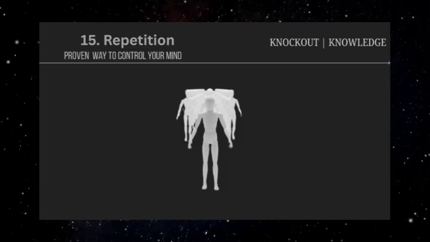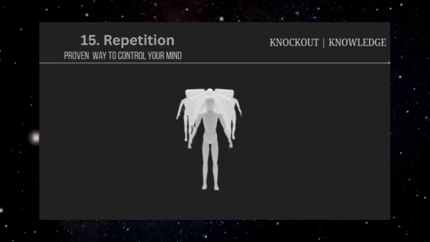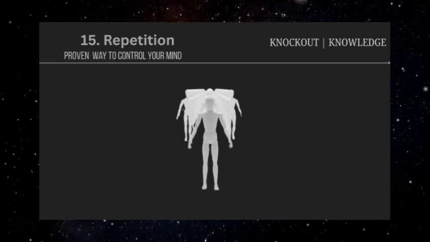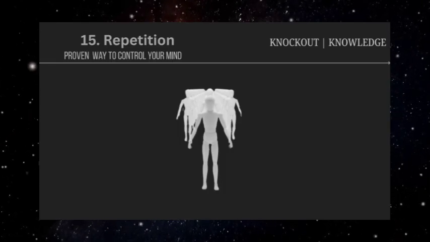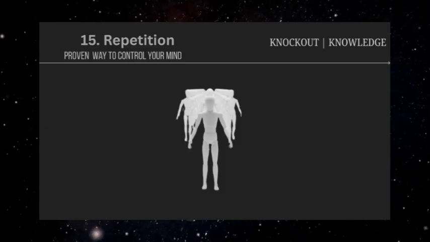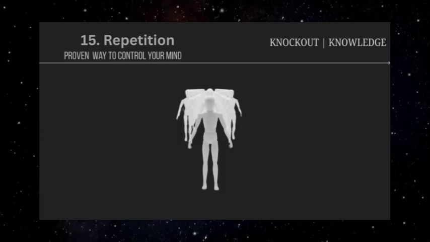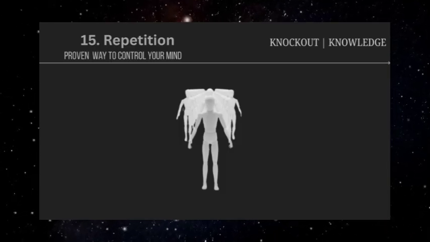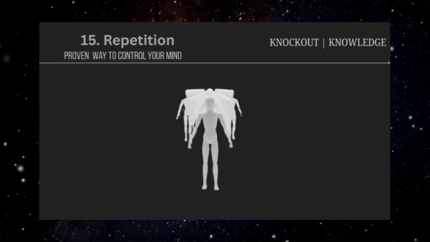The psychological principle behind repetition is called the mere exposure effect, or familiarity bias. We tend to prefer things we've encountered before, even when we can't consciously remember those encounters. This applies to ideas, people, products, and concepts. Familiarity breeds comfort and acceptance, not contempt.